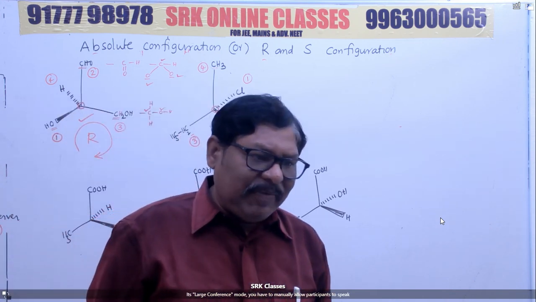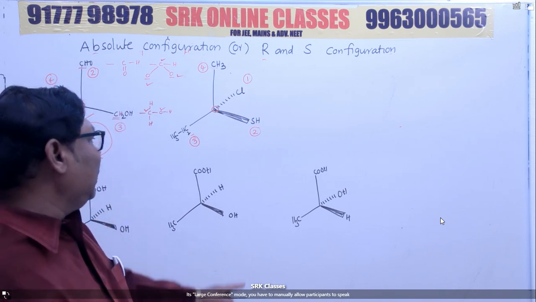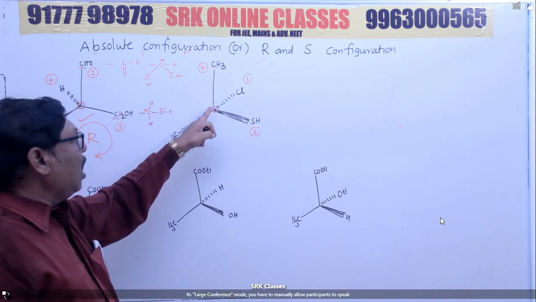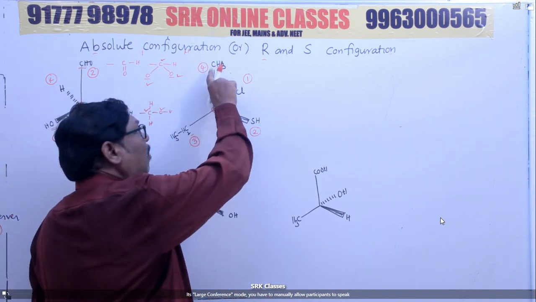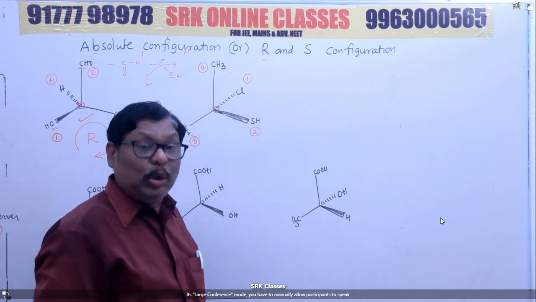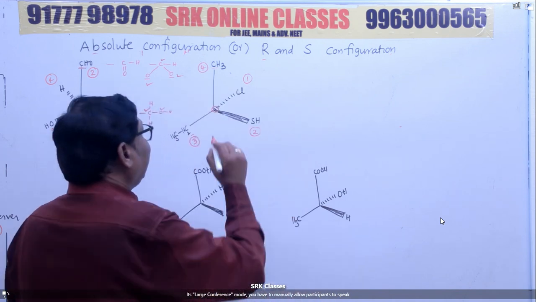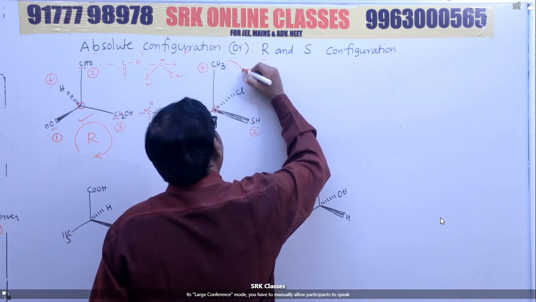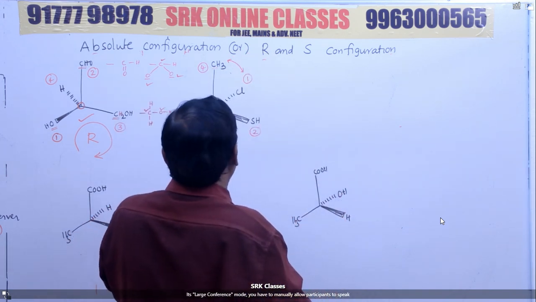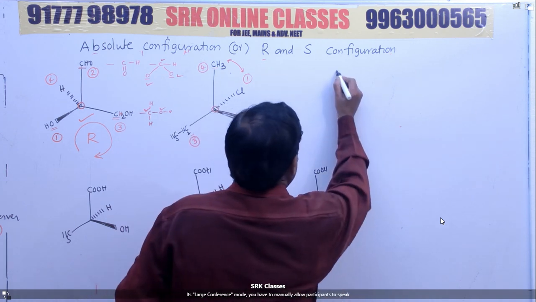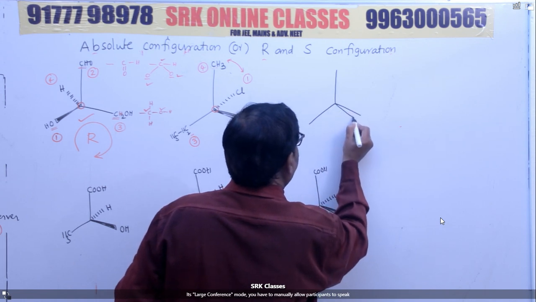Now I have given the priority for all the 4 substituents. Right? Then you have to see the fourth priority. Where is that fourth priority? Normal line. It should be what? In dashed lines. So, if it is in the normal line, that can be converted to dashed line by 2 methods: odd number of interchanges and even number of interchanges. Now I am taking odd number of interchanges. Only these 2 groups are changing. Therefore, I will get the structural formula. I write as it is.